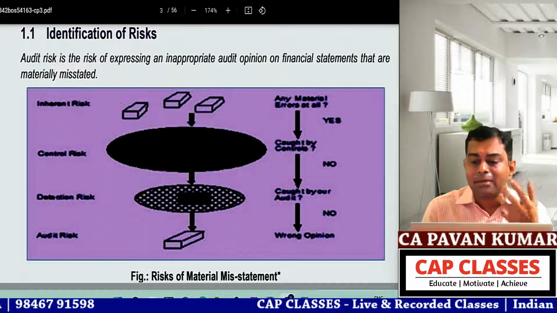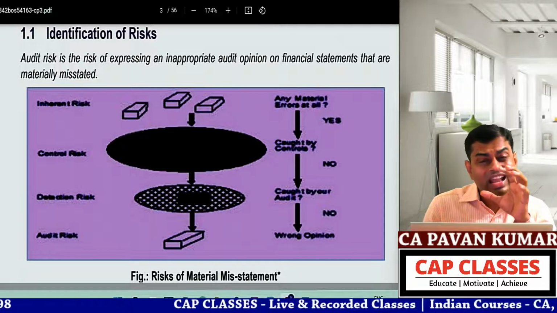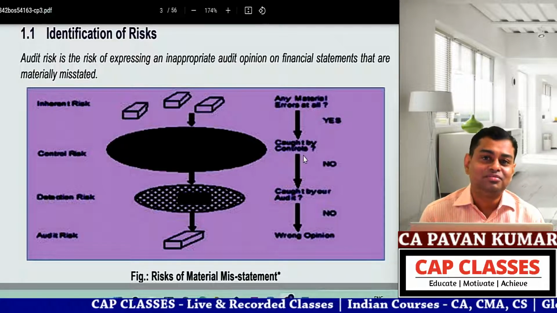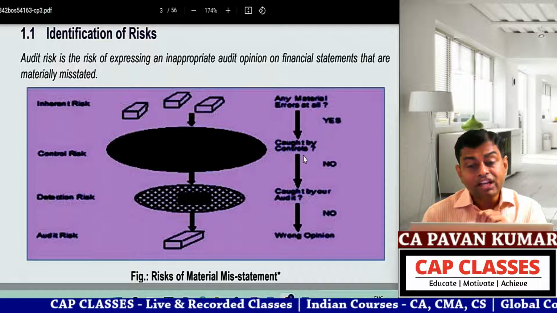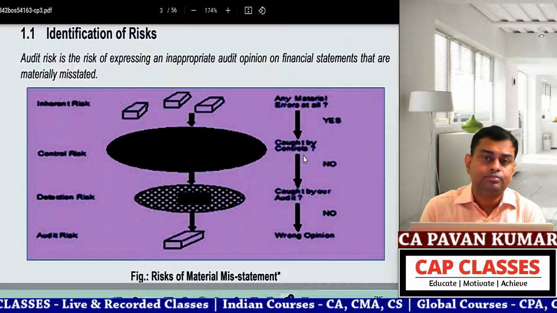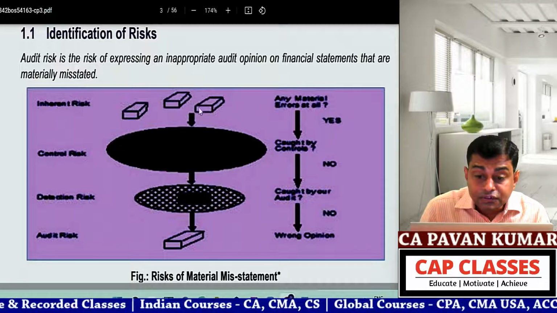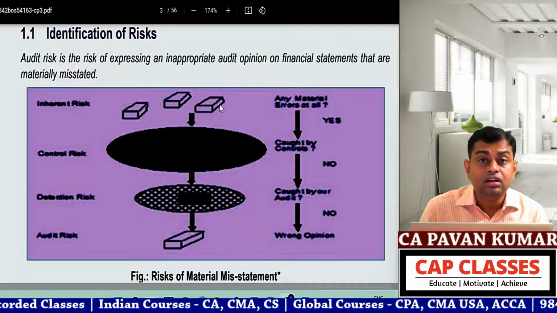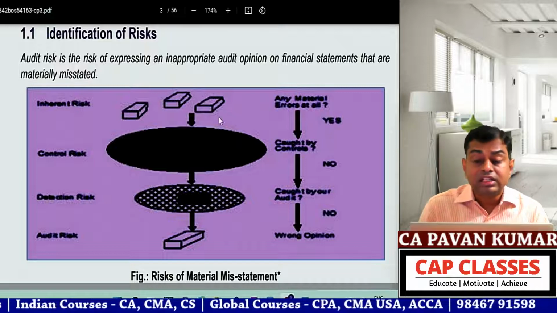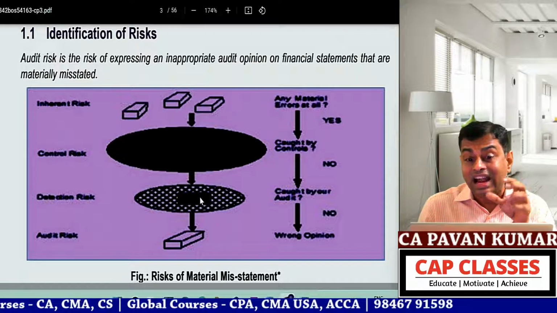The point is, if error or fraud is happening, we need to ask whether our control system is able to catch them. That is the second question. If the control system is able to catch them, then there is no risk. You have identified fraud before happening. You have prevented fraud. You have prevented error. Problem is when the internal control system is weak, ineffective, and when control deficiency happens, then this fraud, this error, this misstatement, circumventing the control, this black oval is there, no? That is control. Circumventing the control and entering into books